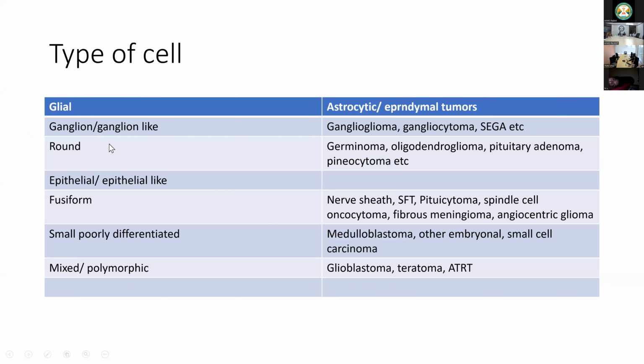Then type of cell: ganglion or ganglion-like cells can be found in ganglioglioma. Round cells can be found in germinomas, oligodendroglioma, pituitary adenoma. Epithelial or epithelial-like cells can be found in metastasis. Fusiform or spindle-shaped cells can be found in nerve sheath tumors, SFTs, pituitary etc. Then small polydifferentiated morphology can be found in embryonal tumors, and mixed morphology can be found in glioblastoma, teratomas, or